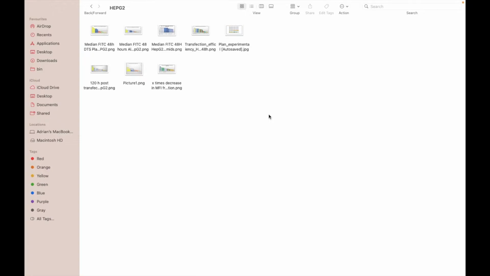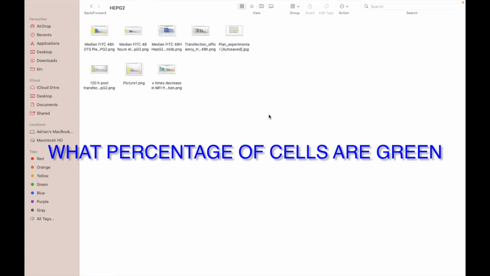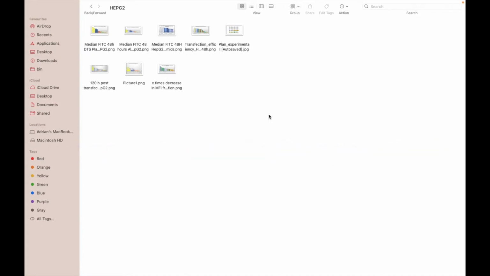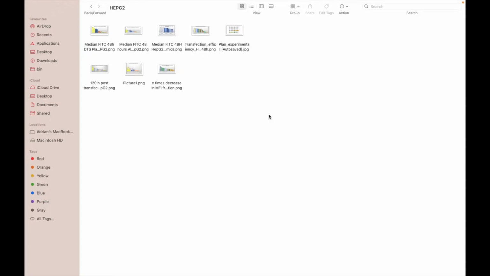Number two, to measure their transfection efficiency, meaning how many green cells will I have out of the entire population? And I wanted to measure the exact amount of decrease. How many times will my expression decrease over time? So these are the three sets of data I wanted